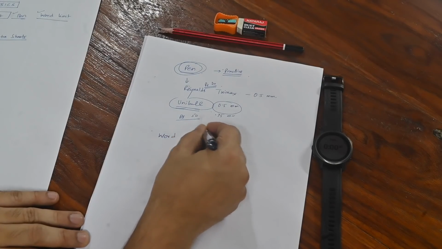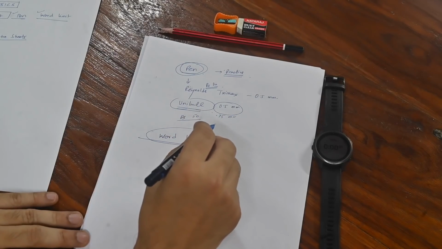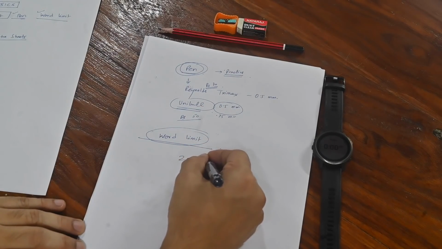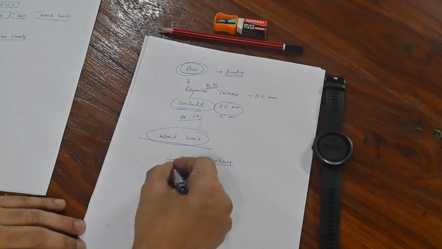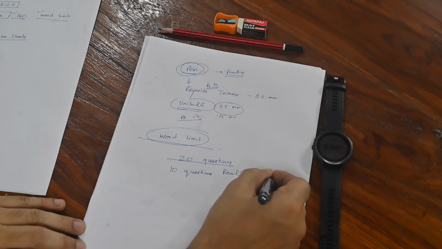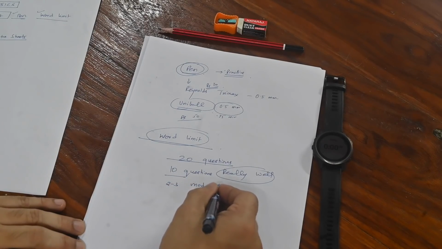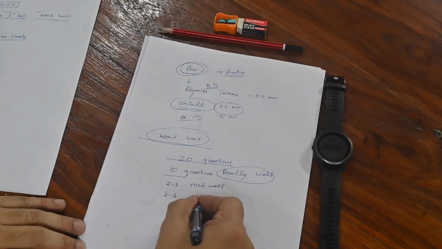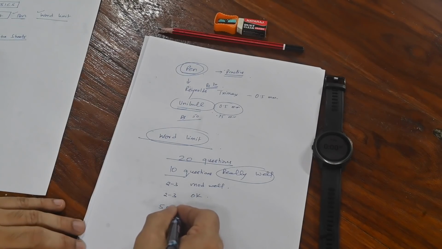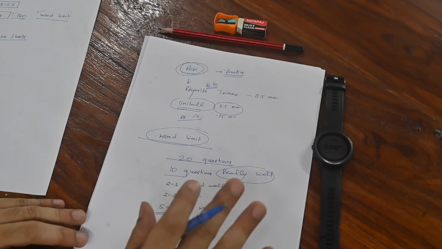Word limit. The third basic thing we wanted to discuss was word limit. Like I already said, stick to the word limit that the question is asking unless you have really good content. So what will happen in the real exam is, out of the 20 questions, you will probably know 10 questions really well. You will know 2 to 3 questions moderately well. You will know another 2-3 questions okay, a little bit down from there. And at least 5 questions will be weak or not very good, in which your information is just okay.